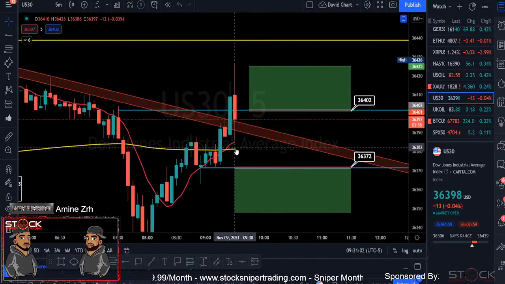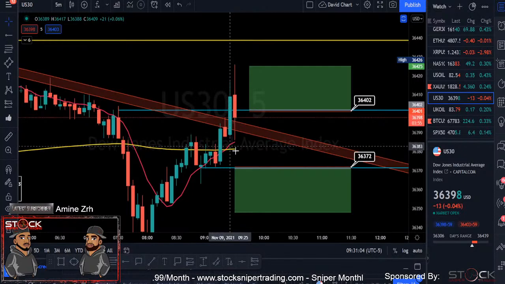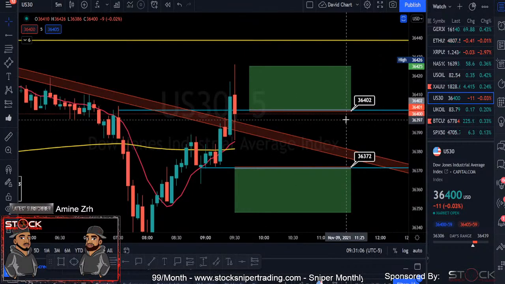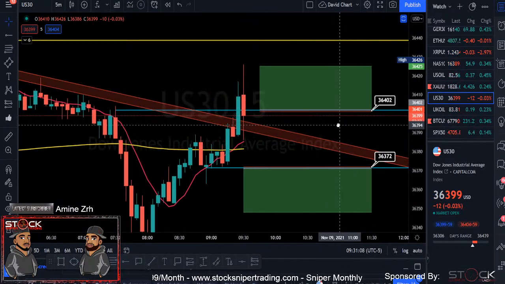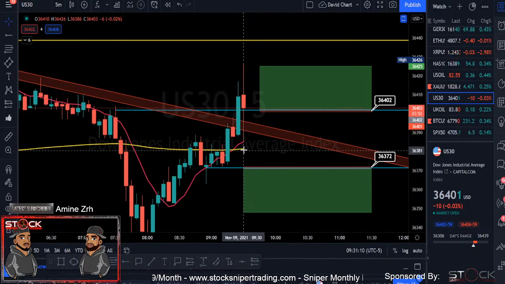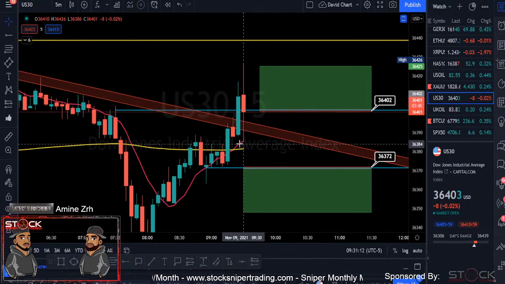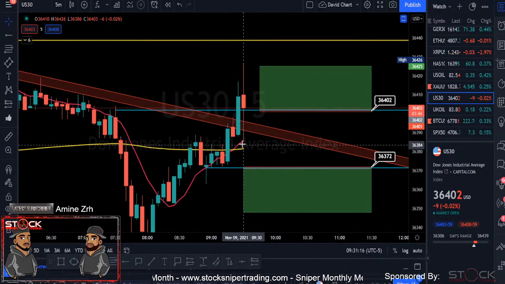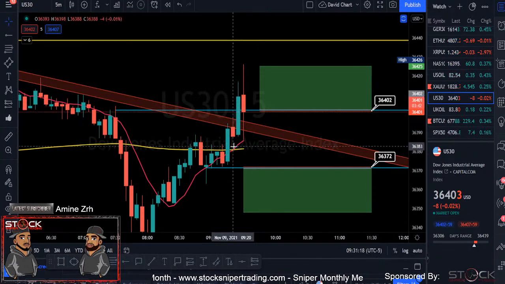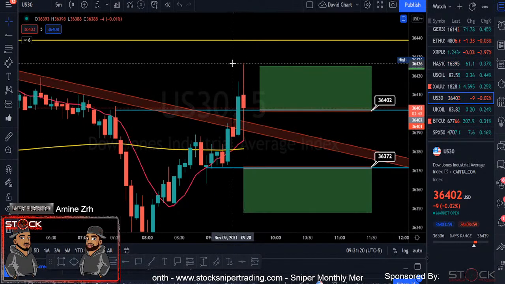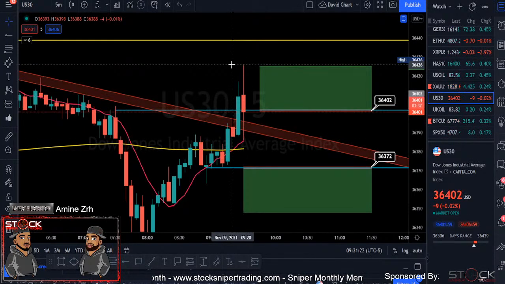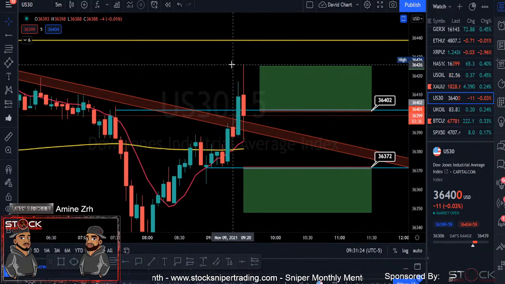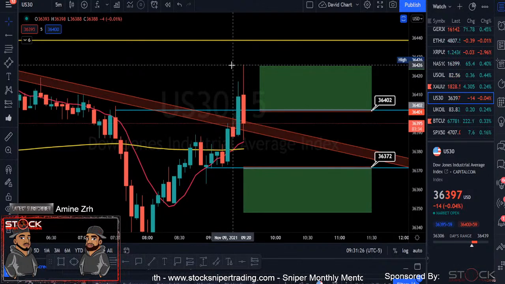It's getting resisted at the overall moving averages. Okay, you have to expect this type of thing to happen. All right, it's going to be resisted simply because these act as support and resistance. This is acting as support. The resistance is coming from the overall higher time frame pressure that has been selling for the last maybe a few hours. Okay,